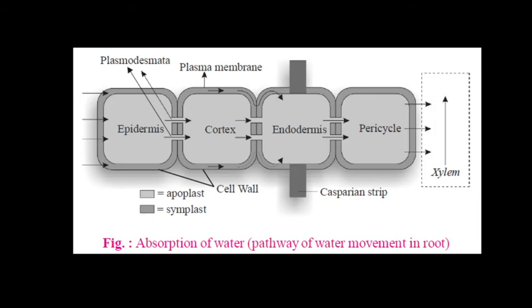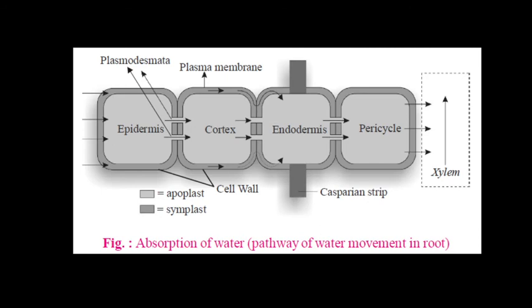Now this picture shows the mechanism of transport of water and minerals in a plant. The plant takes in water, which is dissolved with minerals, from the soil through its roots. This water is called xylem sap. Water containing minerals is called xylem sap. It is carried by the xylem vessels to all parts of the plant. How does this happen? The root of a plant has hairs called root hair, and the function of root hair is to absorb minerals from the soil, and it is done by the process of diffusion.